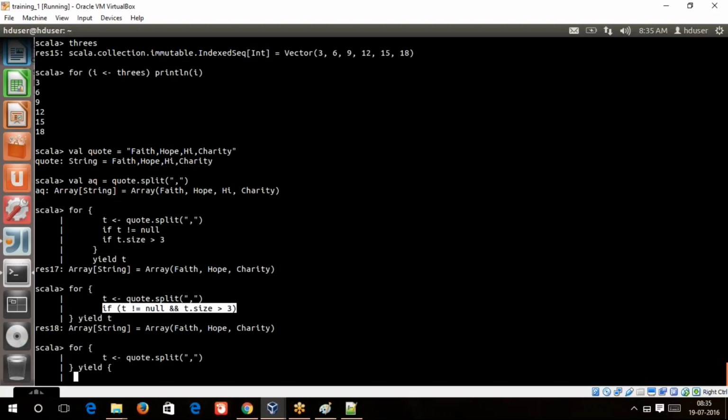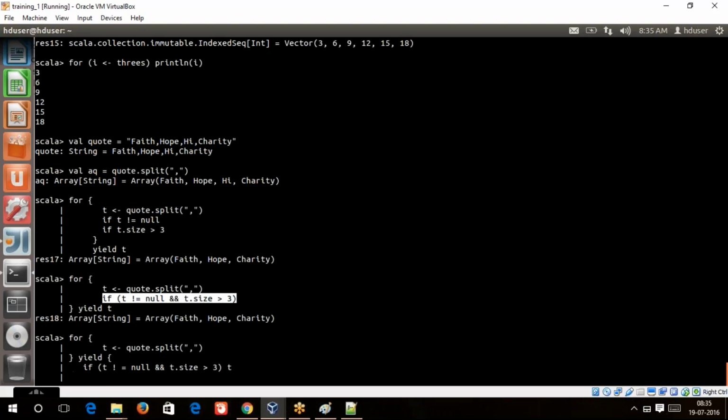Here in the yield I can say if t is not equal to null and t.size is greater than 3, I will say yield t here. Okay, there may be something here because what will be the else condition? The data type may be